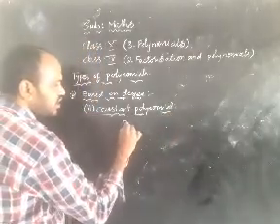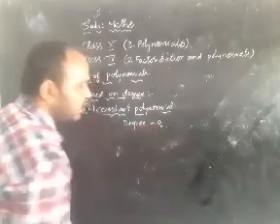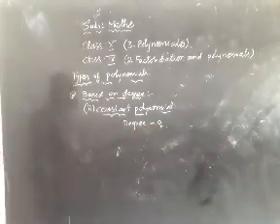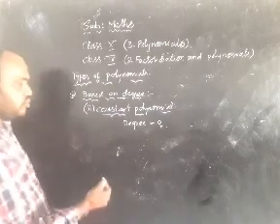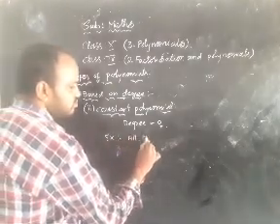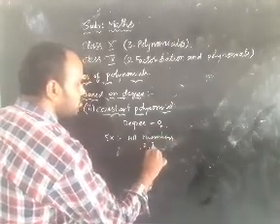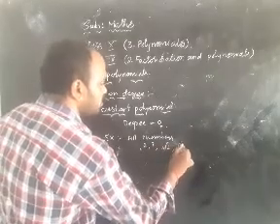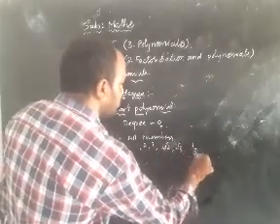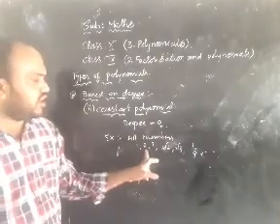Whose degree is 0. The highest degree of the polynomial will be 0 here. So for example, all numbers actually: 1, 2, 3, root 2, root 3, 1 by 4 and so on. They will have the degree as 0.